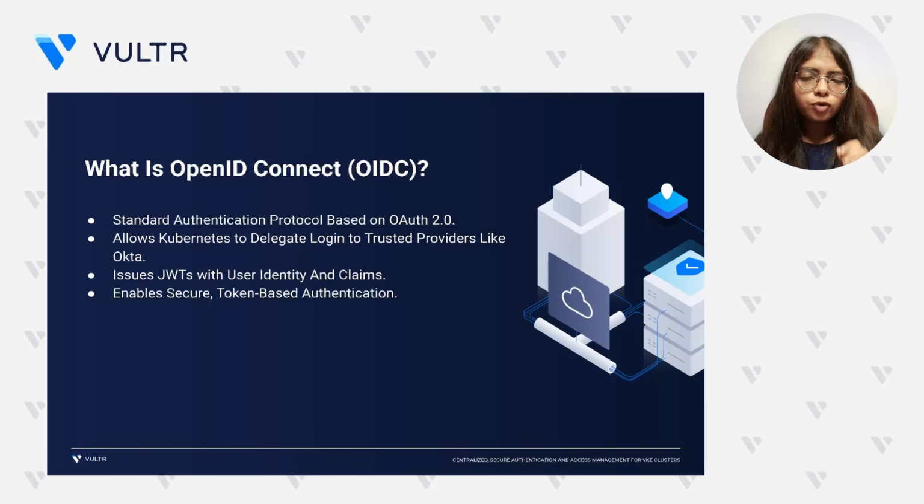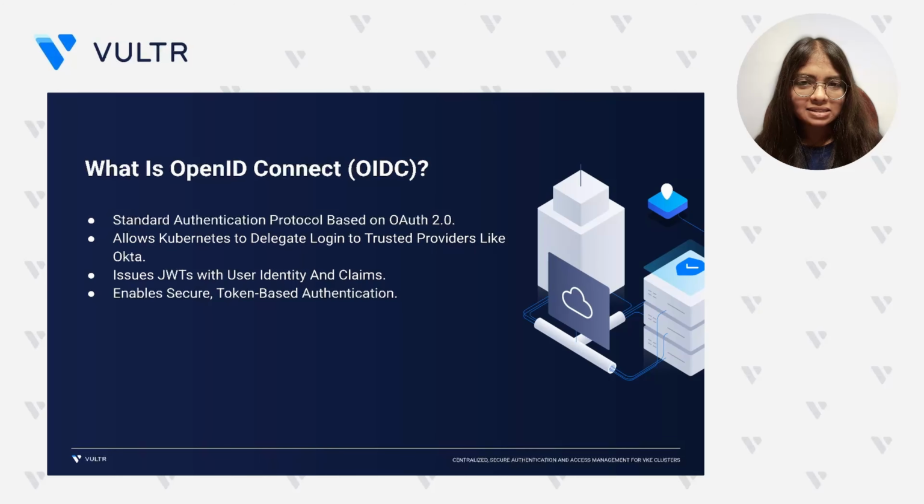It is built on top of OAuth 2.0 and designed specifically to share who the user is and not just whether they are authorized. When a user authenticates, Okta issues a JSON Web Token, which is a signed identity token that contains claims about the user. For example, who they are, their email address, group membership, and more. Kubernetes doesn't need to validate passwords or issue tokens itself. It just trusts the identity token provided via OIDC. This decouples authentication from Kubernetes entirely, allowing it to rely on trusted providers like Okta while still enforcing fine-grained authorization